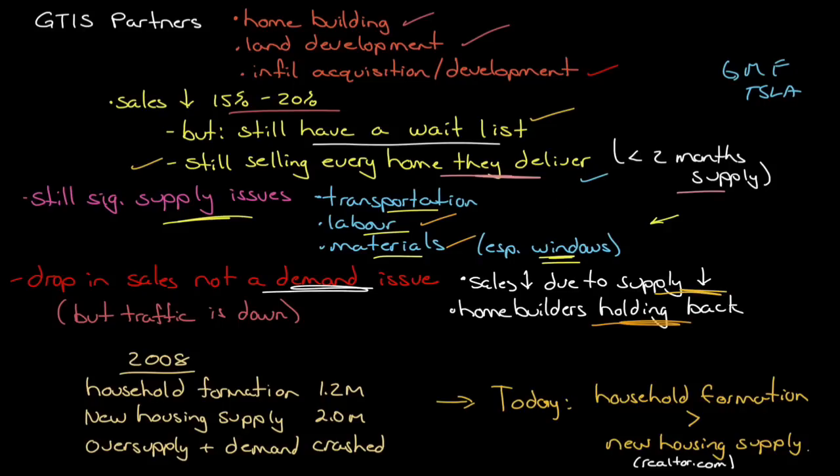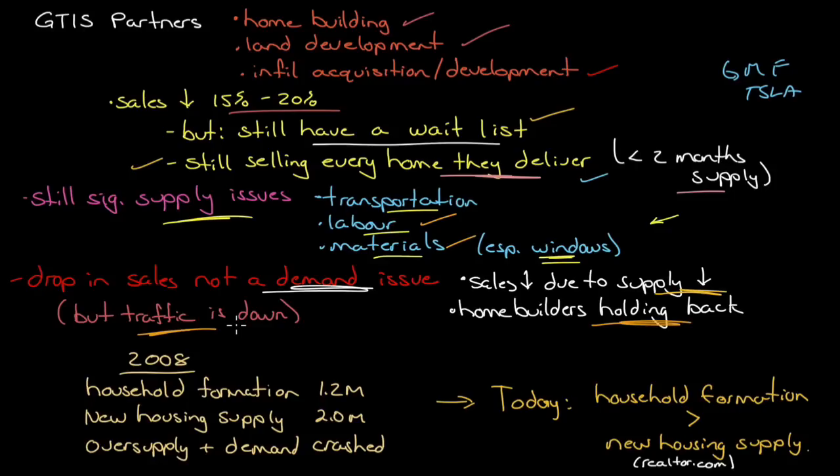And they do note in selling for sale that their buyers are not really slowing down in their willingness to buy, but they are just managing the price by taking fewer features, fewer upgrades, and going for a smaller footprint. So the question was asked, I should note here, they did note traffic is down. So it is having some effect on new demand coming in. The traffic is down, however, they still can sell every home they build, but they are noticing that there are fewer people coming through their developments, which you would expect, right?